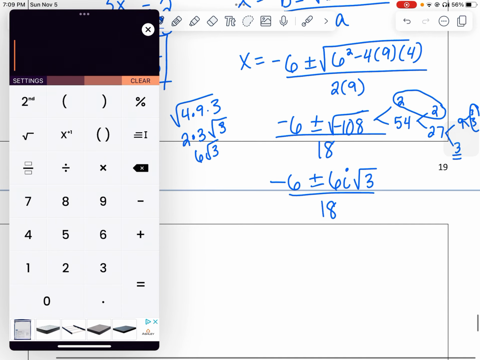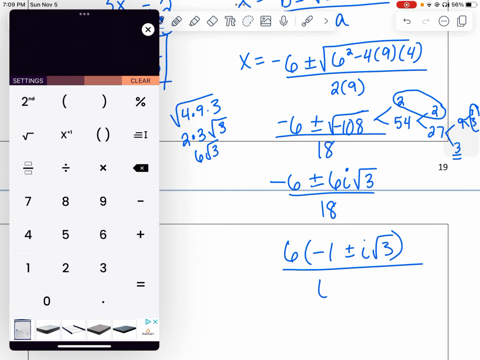And then it looks like you'd be able to factor out a 6 here because all of your coefficients are divisible by 6. So if I factored out a 6 from the top, it would look like this. And I factored out a 6 from the bottom, which means if I multiplied this in by 6, I would get this answer. So because I can factor out a 6 from both,